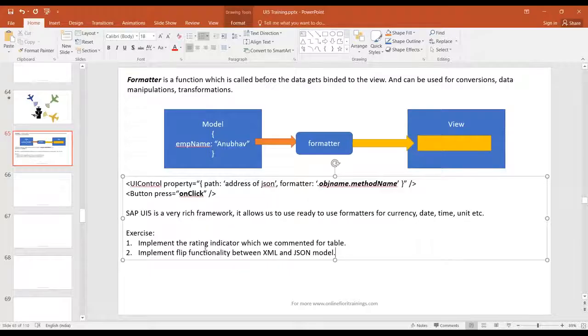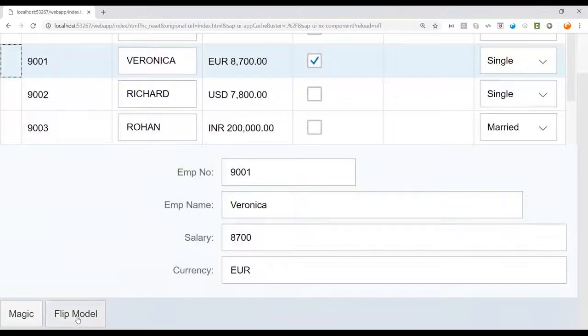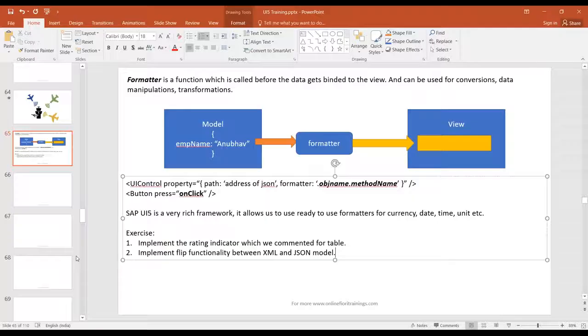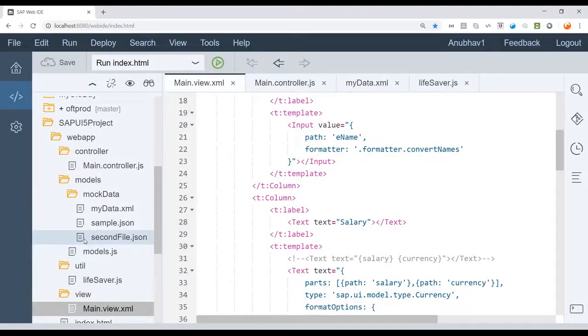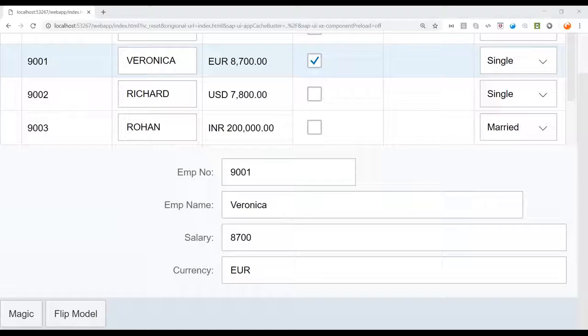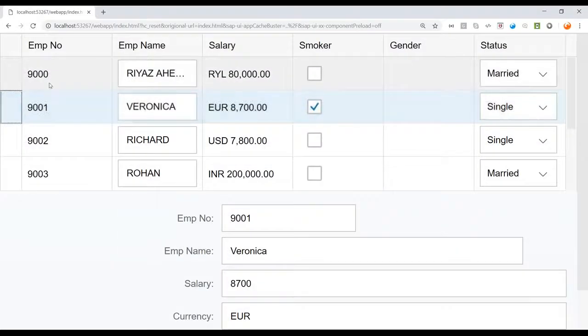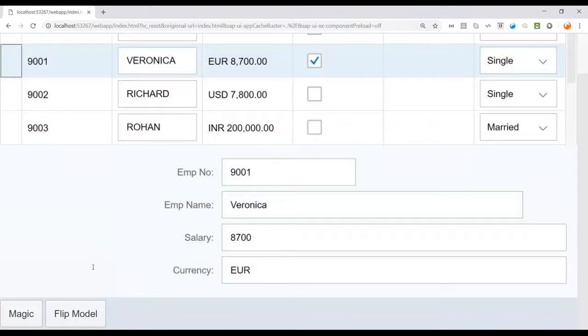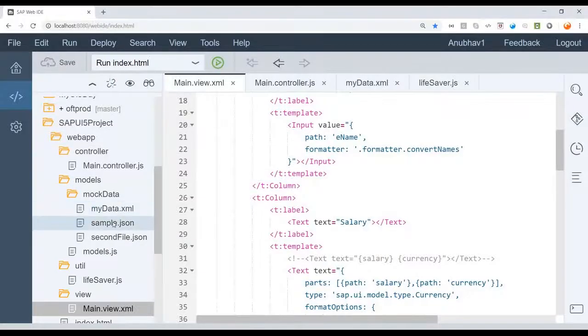So the second exercise, you didn't understand. You remember the flip model exercise where we flipped between two JSON models. I had created two JSON files. Do you remember that? On the flip button, it flips between these two JSON data. But now I am saying flip between this JSON data and this XML data. When you click on the flip button, it should pull the data. So if I have the 9000 series and I click on the flip model button here, you should plug in the JSON model